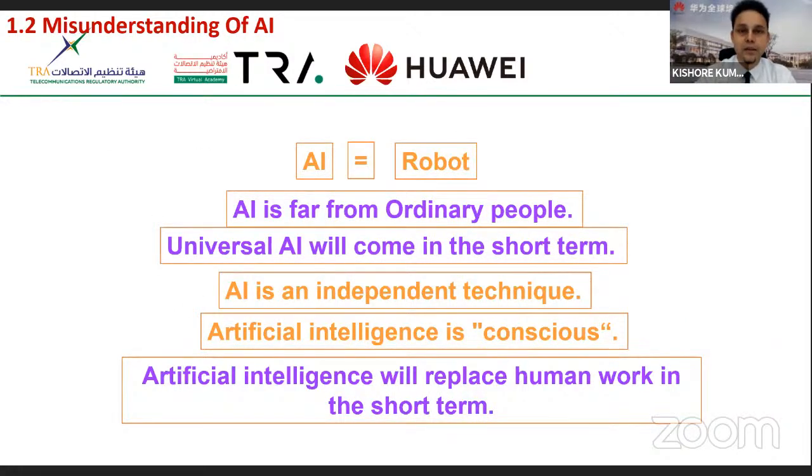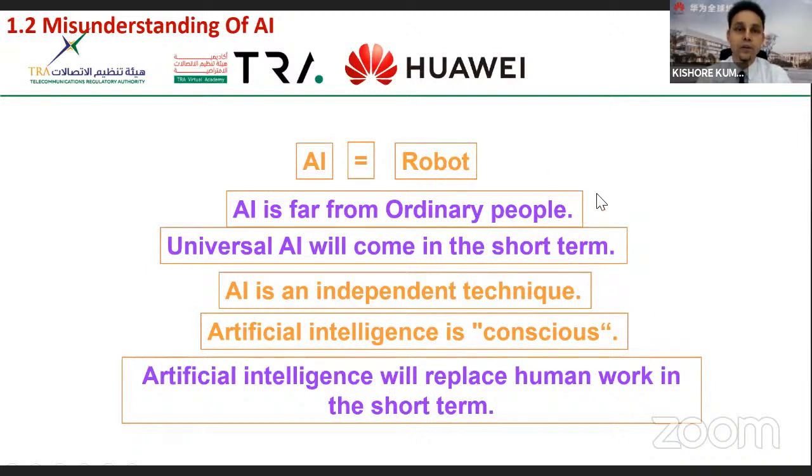Now let's clear up some misunderstandings about AI, which is very easy, and you can grasp that knowledge in just seconds. First of all, I'd like to ask you questions and get your answers, but since it's a one-way broadcast and I have no way to interact right away, I'm just going to give you the right answers. So these are all misunderstandings, okay? These are all wrong. That is to say, AI is not equal to robots by any means, all right? AI is far away from ordinary people. Not true. These are all wrong statements, all right?